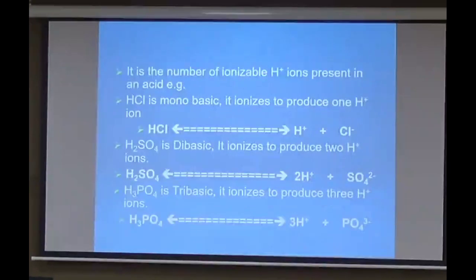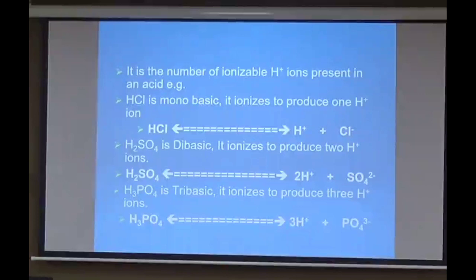Now, next they have given us the basicity of acids. Basicity of an acid is actually the number of ionizable hydrogen ions present in an acid. Let us take the example of hydrochloric acid. In solution, it is capable of giving only one hydrogen ion. That is why we say hydrochloric acid has basicity 1 and it is monobasic in nature. Next we come across sulfuric acid, H2SO4, which gives 2 hydrogen ions in solution, and that is why we call